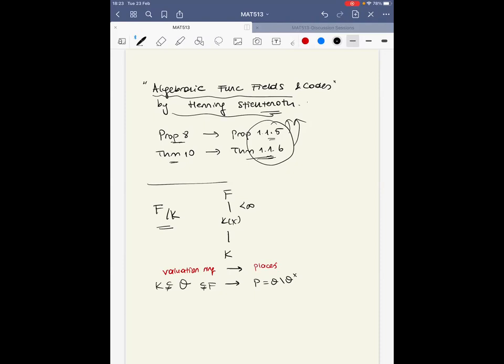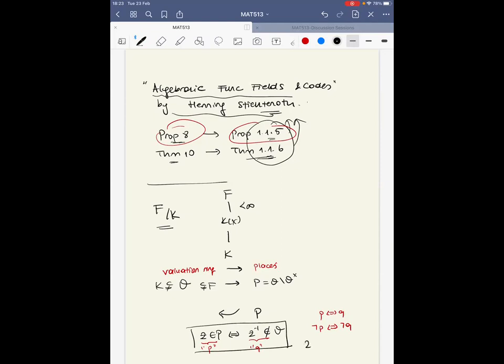And conversely, by proposition 115 or proposition 8 in the previous videos, we may also introduce a valuation ring for a given P, because we can characterize the elements in P as those whose inverses are not in O. If we say it's statement Q and statement P and Q, by simple logic rules, we can state this equivalence as Z not in P if and only if Z inverse in O, or by replacing Z by Z inverse,